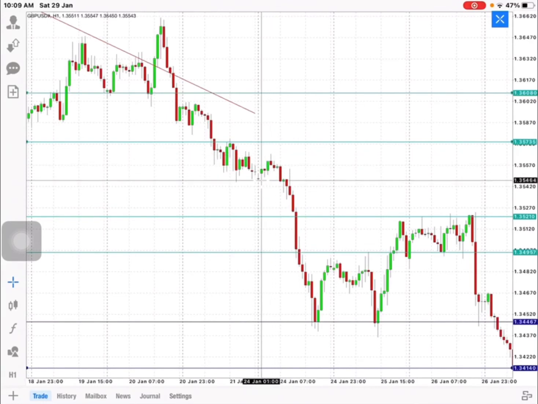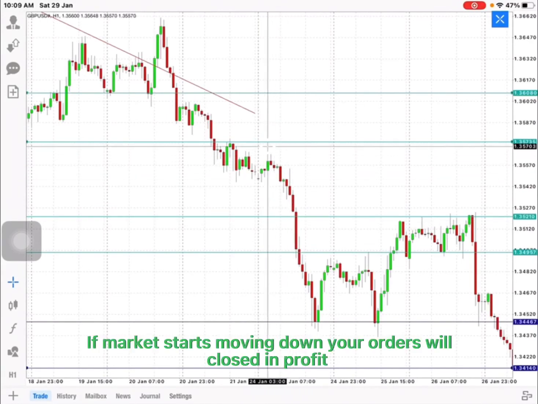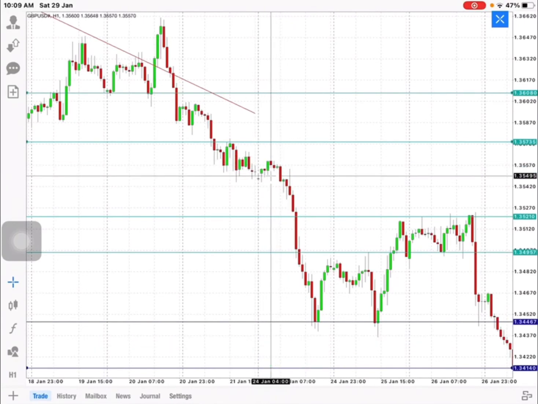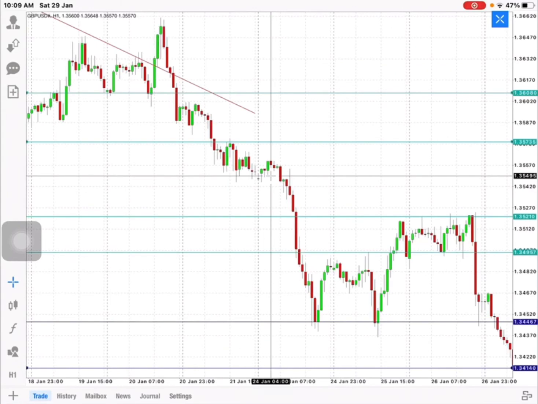If the market starts retracing like this, after the market went up, if the market came down, the order might be closed, guys. That's why there are two terms for this: stop profit or break even. You guys can secure a partial amount. That's why it's called break even. And with stop profit, you can stop your order from reaching your loss, guys.